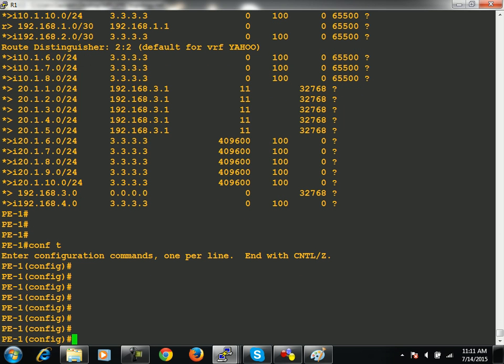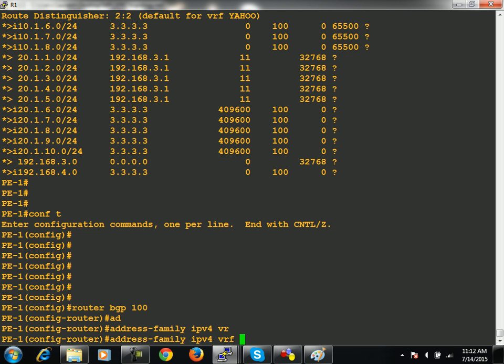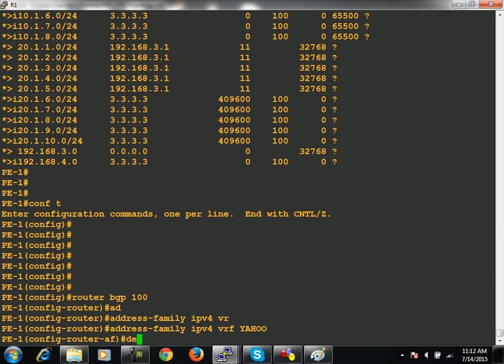Actually, in BGP also there is a rule that you cannot redistribute a default route on any router unless you configure the default-information originate command in BGP as well. Do you remember in BGP we covered that there were two methods to create a default route. One, per-neighbor default-originate, which generates a default route. Second, by redistribution, but before redistribution it was necessary to configure default-information originate globally. So here on PE1, router BGP 100, address-family IPv4 VRF Yahoo, say